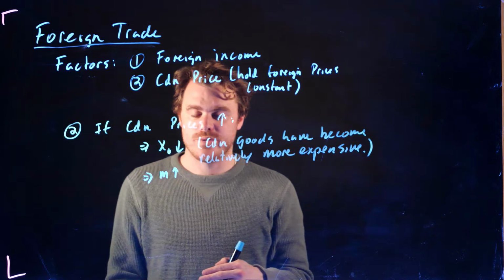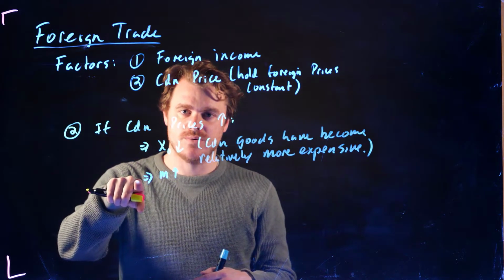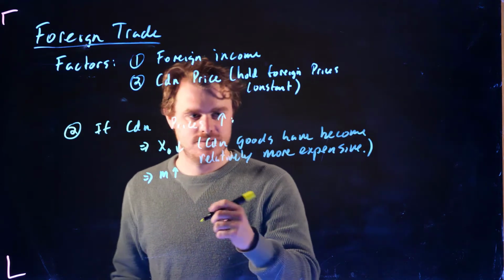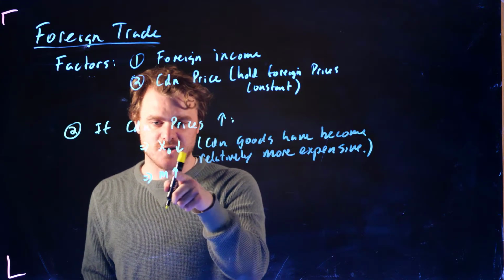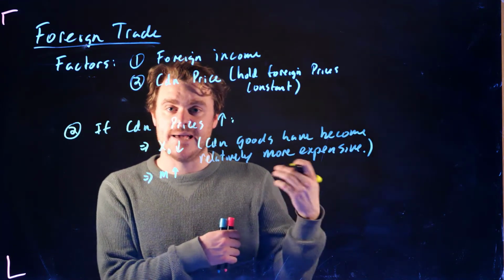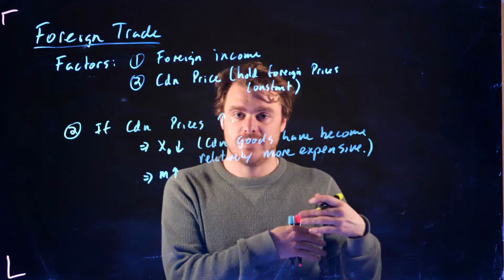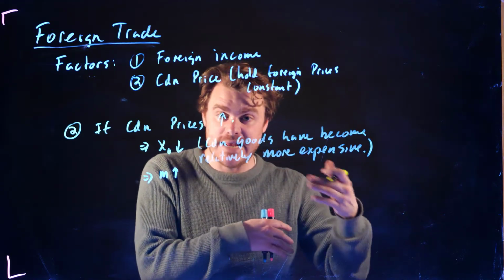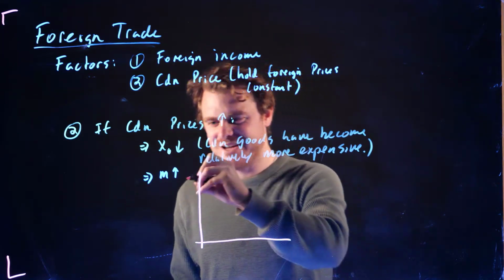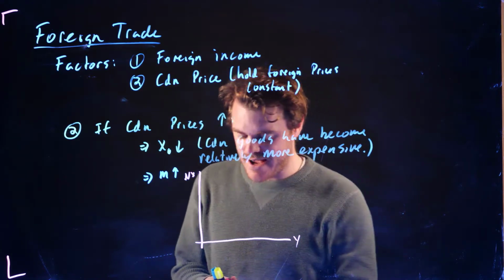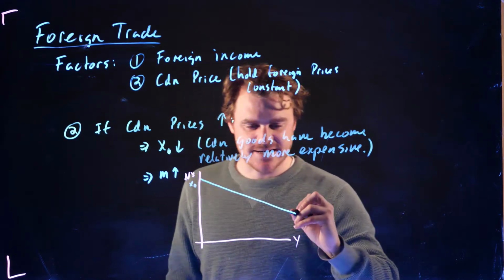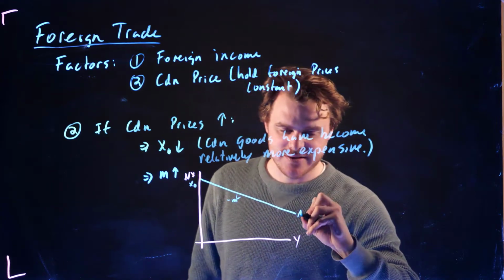So this is going to change both the intercept and the slope of our net export function. It's the same reason why our marginal propensity to import is going up: Canadian goods are more expensive, so we're more likely to import foreign goods because they become relatively cheaper than the Canadian goods that we were buying before. So if we were going to draw this, I'm just hoping it's going to fit on the screen here. This is our net export function, and this is Y. If our original net export function looked like this, where the intercept was X0, the slope was minus M, and this is net exports,